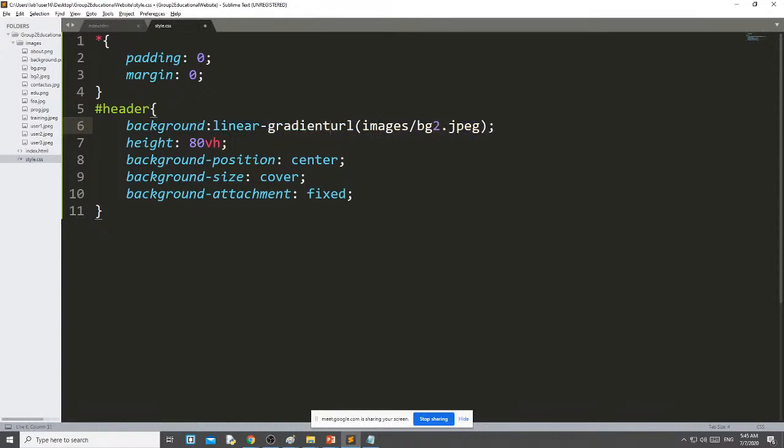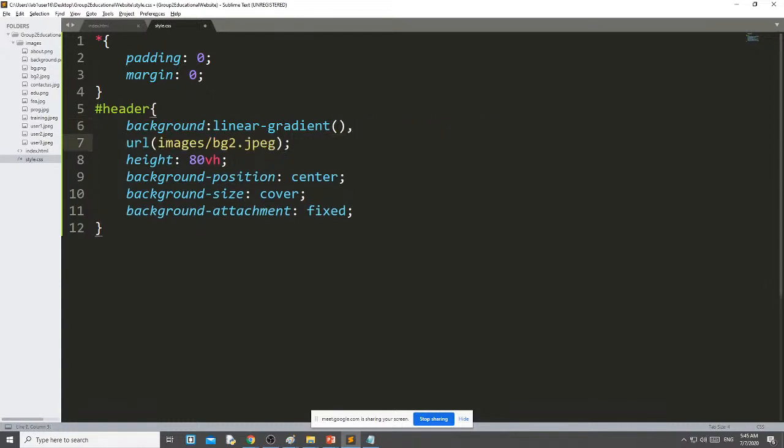Okay, then bracket. In linear gradient, I use two colors, RGBA 0, 0, 0, comma. How much smoothness do you need? I use 0.5. The black color will get 0.5 percentage. Then again 0, 0, 0, 0.5.